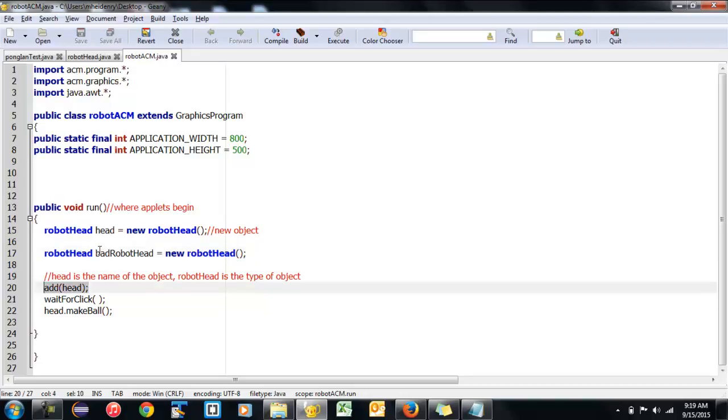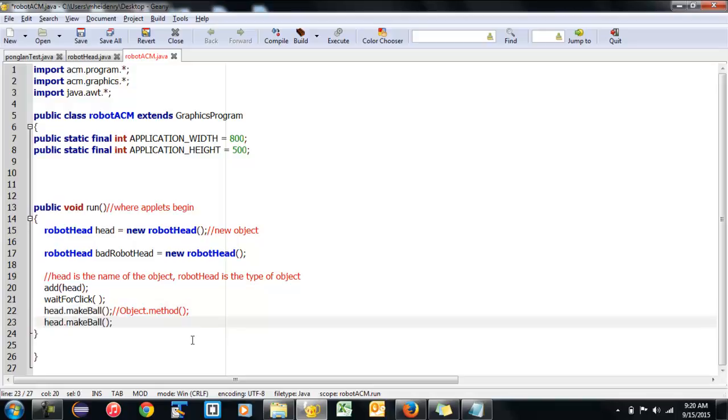This one's going to add the new head object to the screen that we made. We have our wait for click. And this is a line you've probably seen before, but let me explain it. It is the object.method syntax. That allows us to access any object and then use its method. What's also cool is we can reuse this as many times as we would like. And I can even do